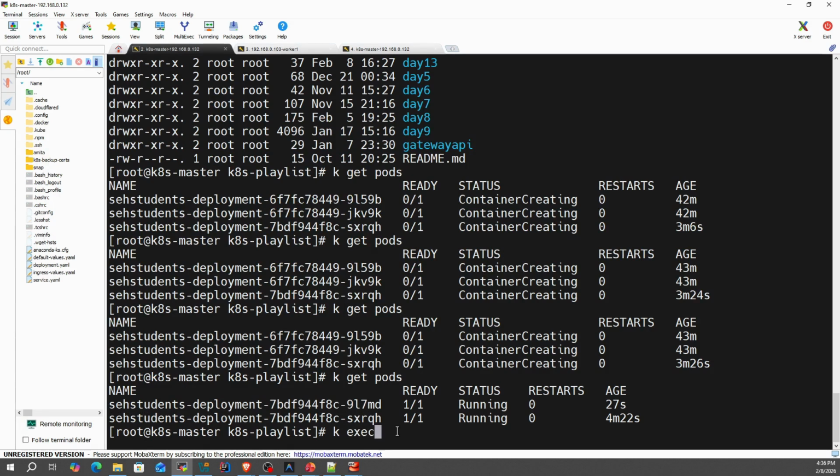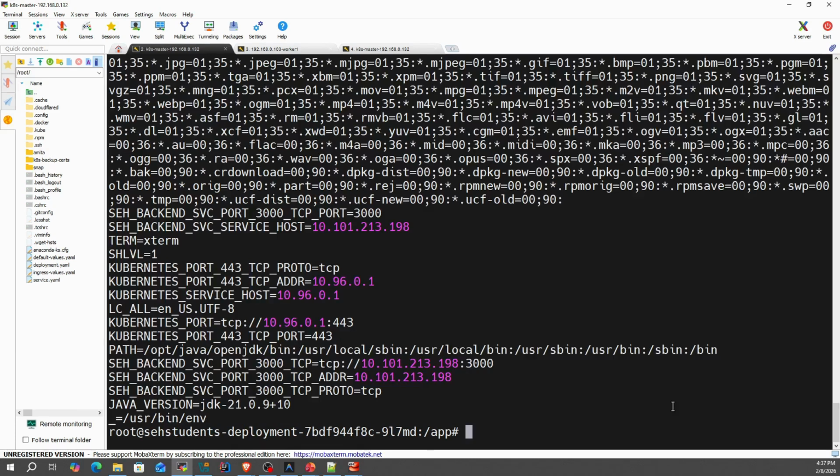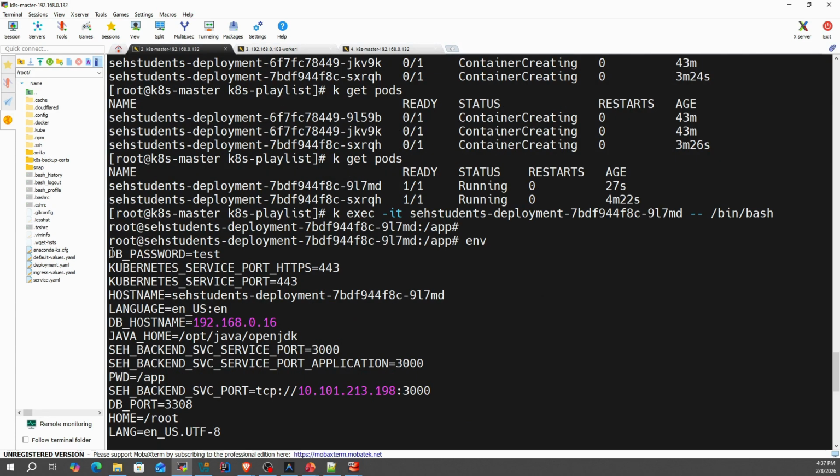kubectl exec -it, then pod name, /bin/bash. Here we can search environment variables. So you will now see DB_PASSWORD, and that is coming from the Kubernetes secret. Verify the secret in Kubernetes.